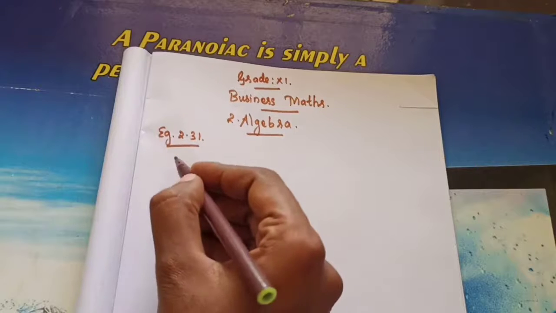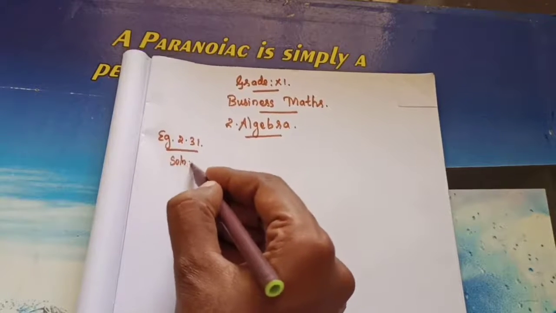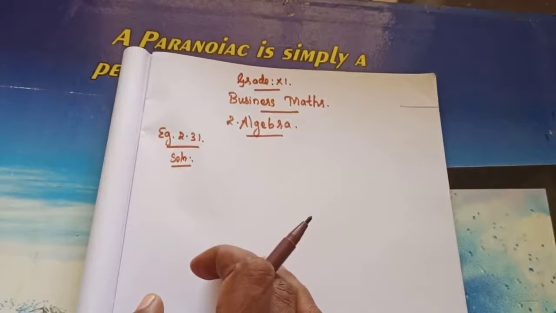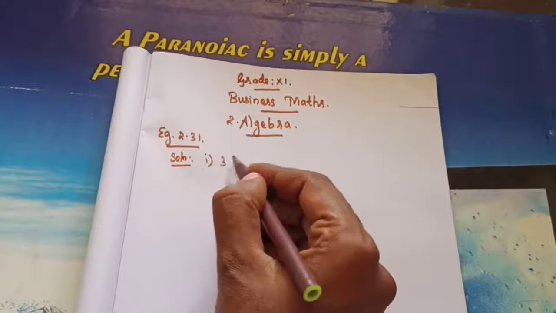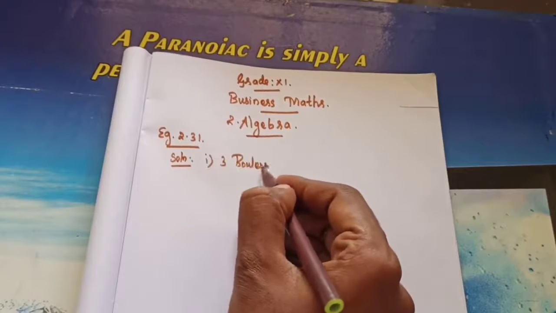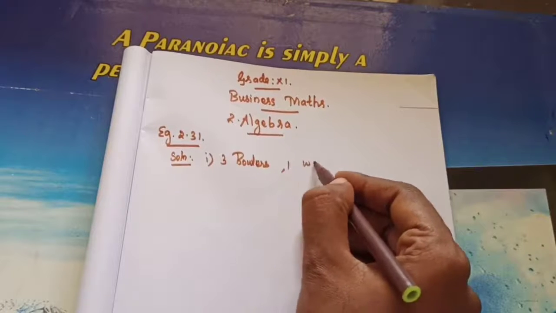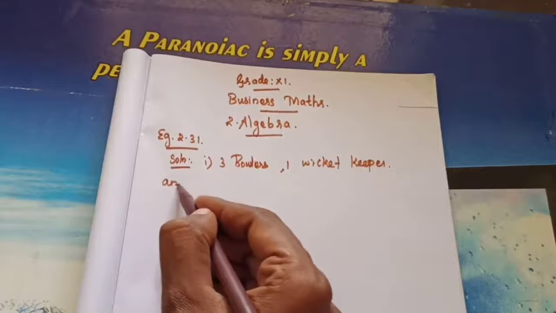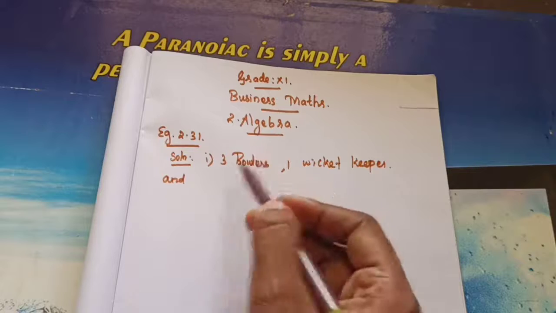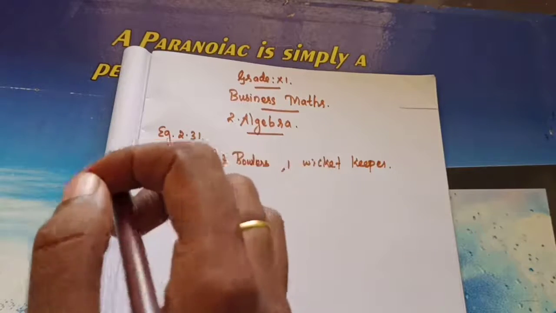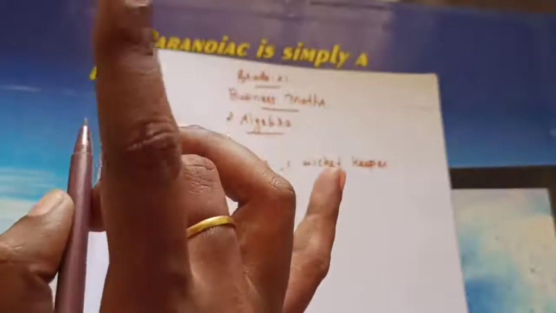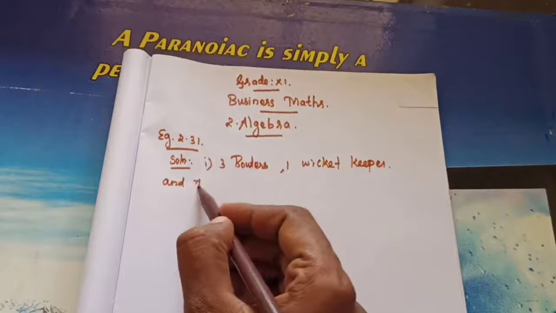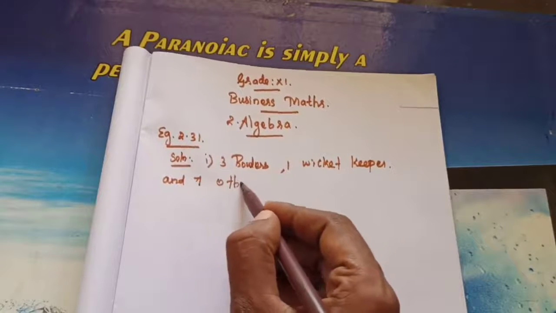Okay. So first, it is given in your question, a cricket team of 11 players you need to form. Okay. So out of 16 you need to choose 11. So first I am going to choose 3 bowlers, 1 wicket keeper, and how many players then more? 3 bowlers I have chosen. It is given in your question: at least 3 bowlers must be there, at least 1 wicket keeper must be there. So that's the condition we have chosen first. So 3 plus 1, 4 over. So remaining 7, is it right? And 7 other players.